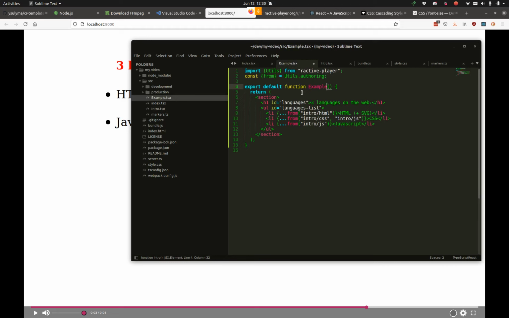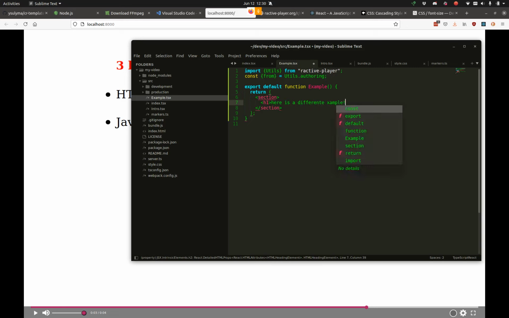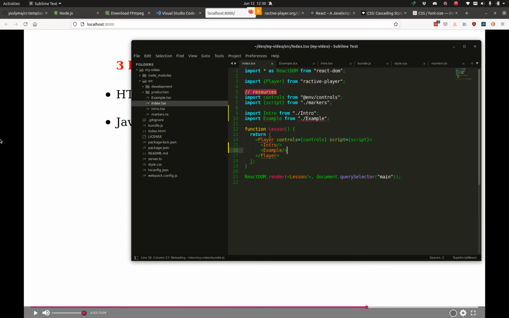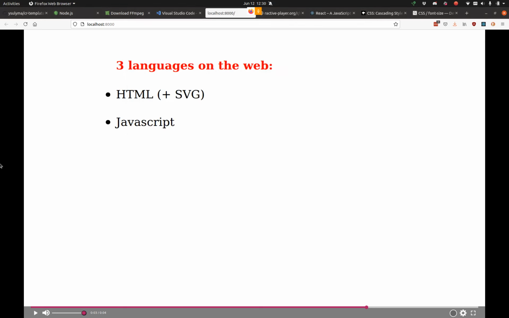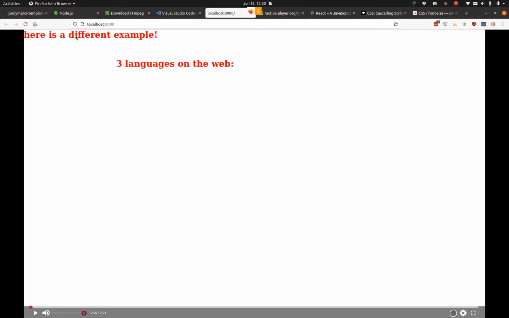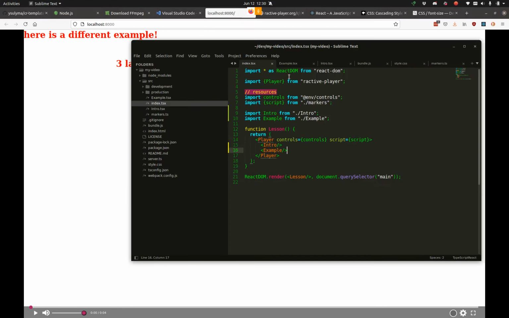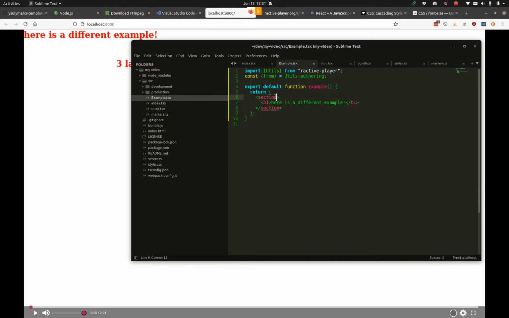Call this example. Here is a different example. And so when this appears, I want the example stuff to just not appear, at the same time as the intro thing. So one way to do that would be to put this whole thing as